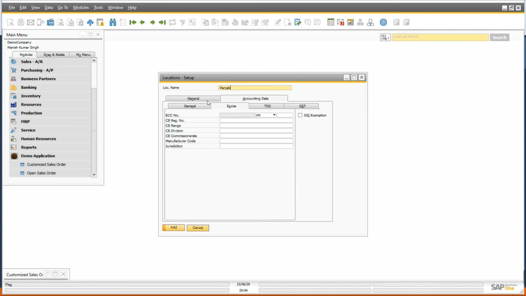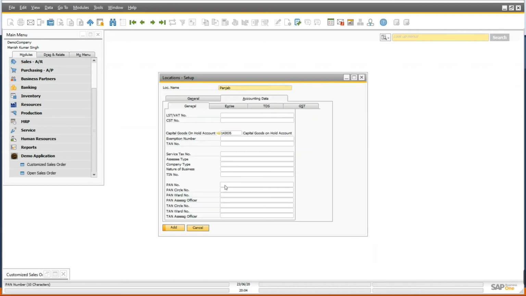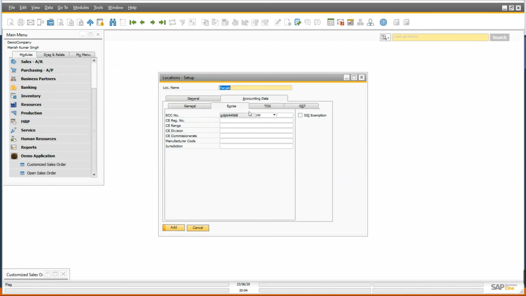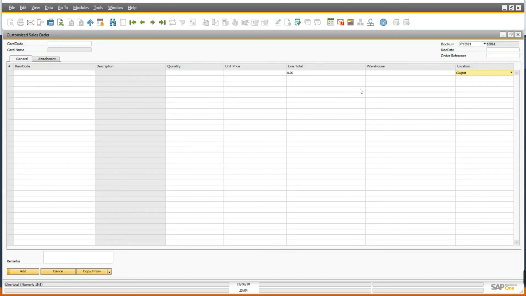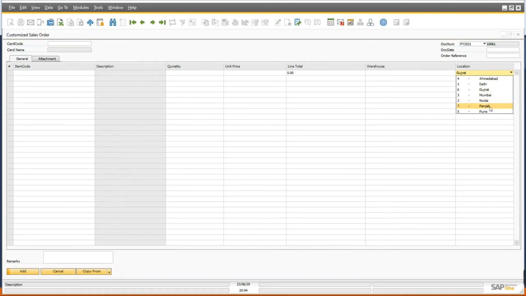Let me put here Punjab, and then B, and then some random value here, and I'm adding this one. So you can see I have added Punjab inside the location. Now come to this customize form, and you can see Punjab is already in your combo box list. So this is the advantage of binding your combo box with the help of a table, any SAP table, or with a query. And here you can see our combo button.